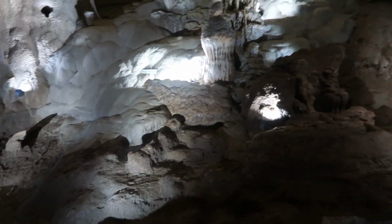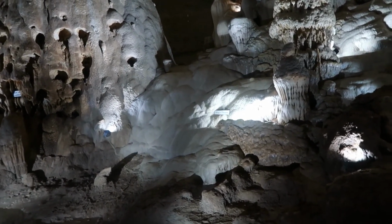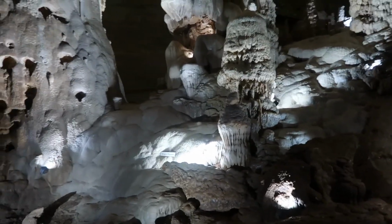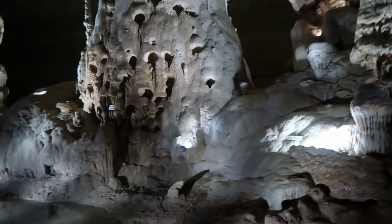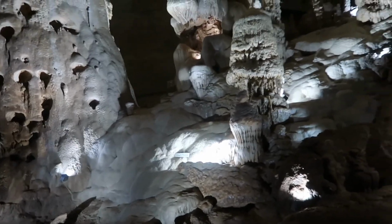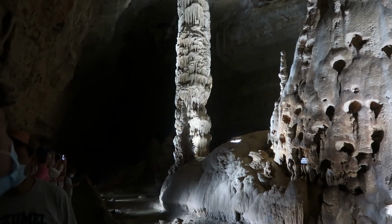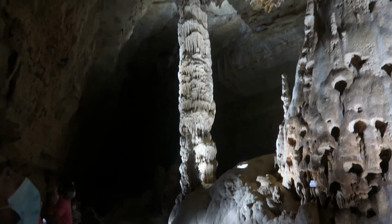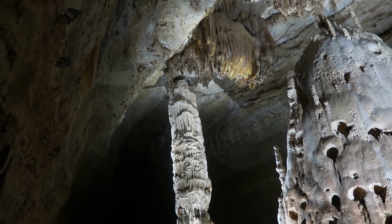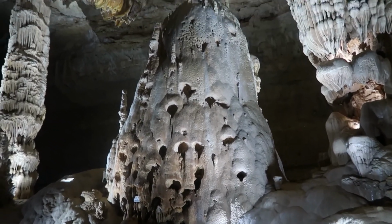Once again, welcome to Castle of the White Giant. If y'all look around the room, you're going to see these three very large formations. Now, these three large formations that you see are actually the largest inside of our cavern system. And so since they're in here, we call it Castle of the White Giant. Now, that first one that you see on the very far left is called the Watchtower. The Watchtower is 50 feet high, and it's 8 feet in diameter, making it the largest column inside of our cavern system. To the right of that is the King's Throne, to the right of that is the Mount of